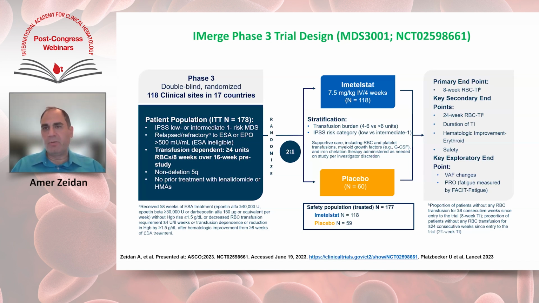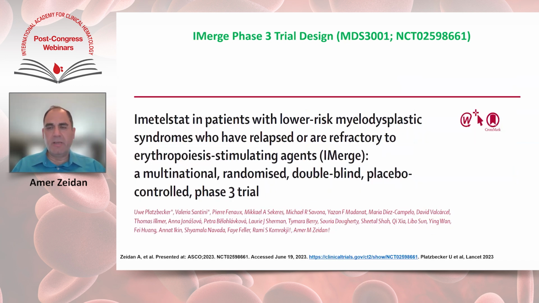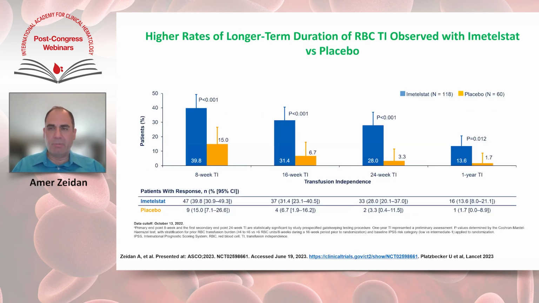In this trial, compared to the MEDALIST trial, the patients were not required to be RS positive, so you could be RS positive or RS negative, and the patients had a significant transfusion burden. You had to require more than 4 units of blood every 8 weeks to go on this study, and the median transfusion burden was 6 units per 8 weeks. This trial was already published last year, the primary results in the Lancet journal, and the most important data was the high rate of transfusion independence, which was 40% compared to 15%, which was also durable with a median duration in the second-line setting of around 50 weeks.